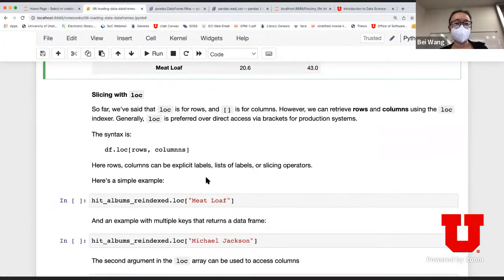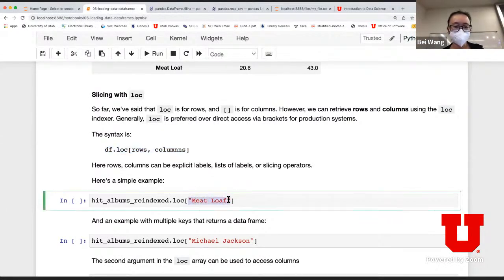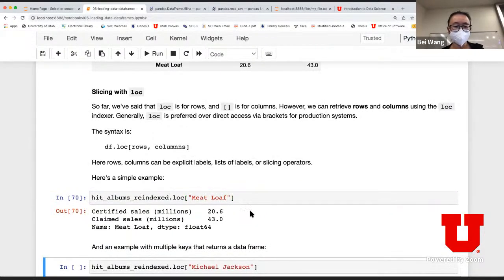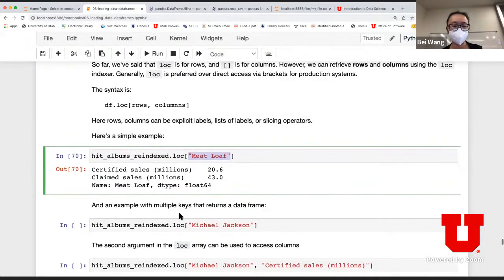Now let's move on to the loc operator. This syntax should not be too surprising for you. It's basically saying, tell me the data in a particular row and a particular column. Because it's a table, I can access it any way. So now here, if I only specify hit album meatloaf, this is going to return the row that has meatloaf as artist, and what the sale and claim sale are.